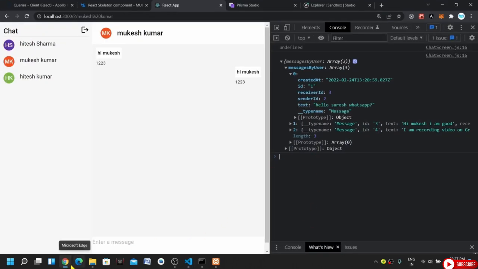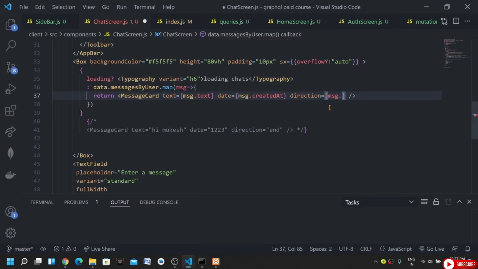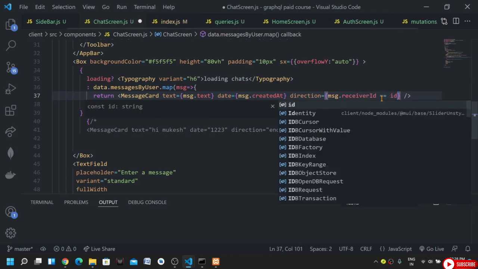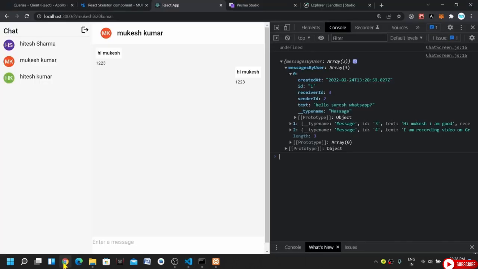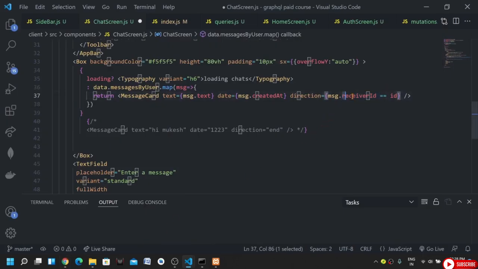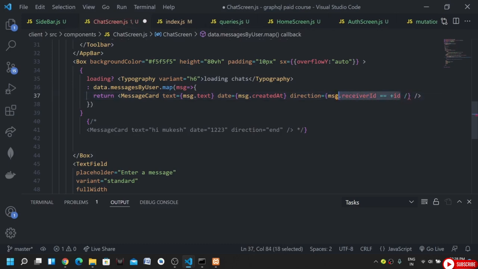So what we can do is, let's say if message dot receiver ID is equal to the ID that we are getting, these both we can compare value-wise. This time this is an integer value and this is a string value. Yeah, or I can add a plus also in front of it. If they both are equal, then